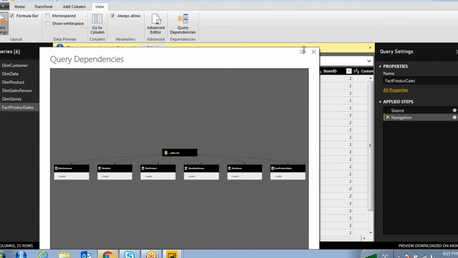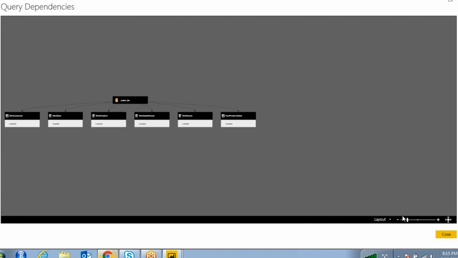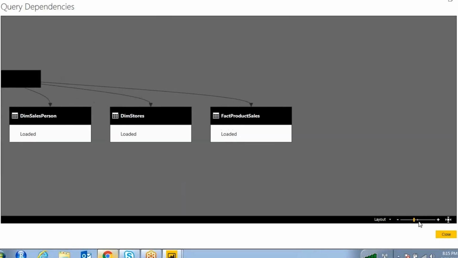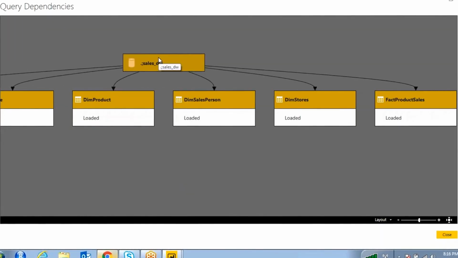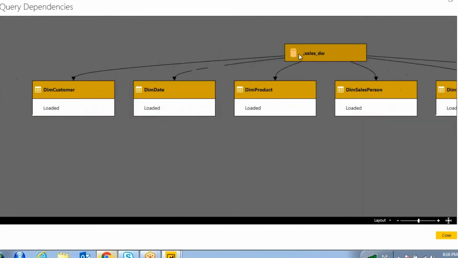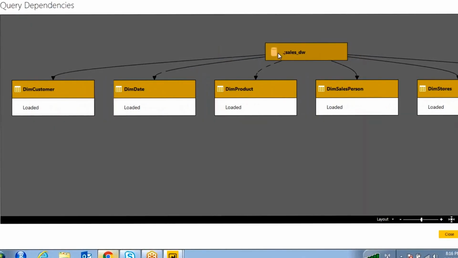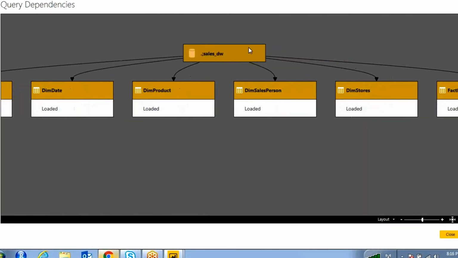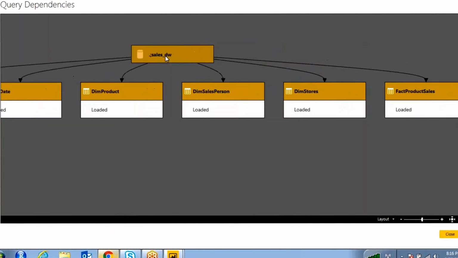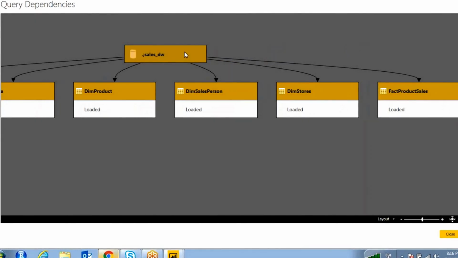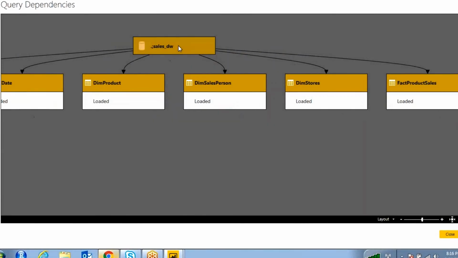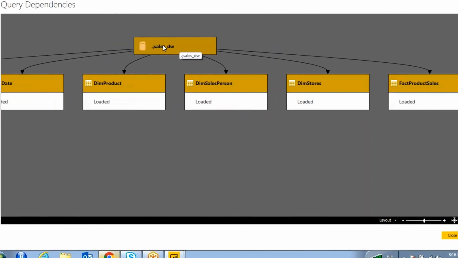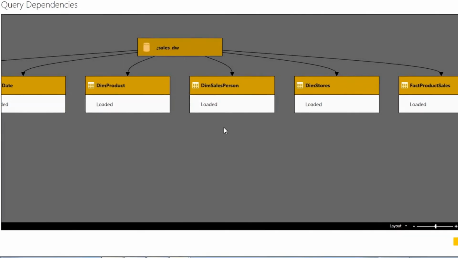In your data set, you can see how many queries you have: dim customer, dim date, dim product, dim salesperson, dim store, and fact product sales. All these tables are coming from this sales DW.